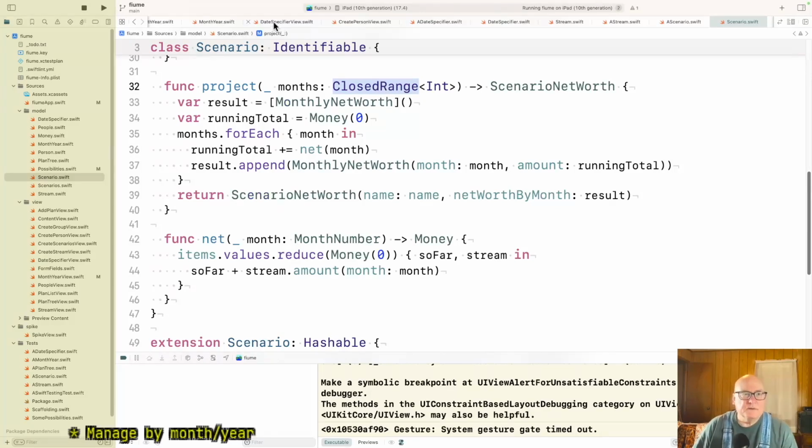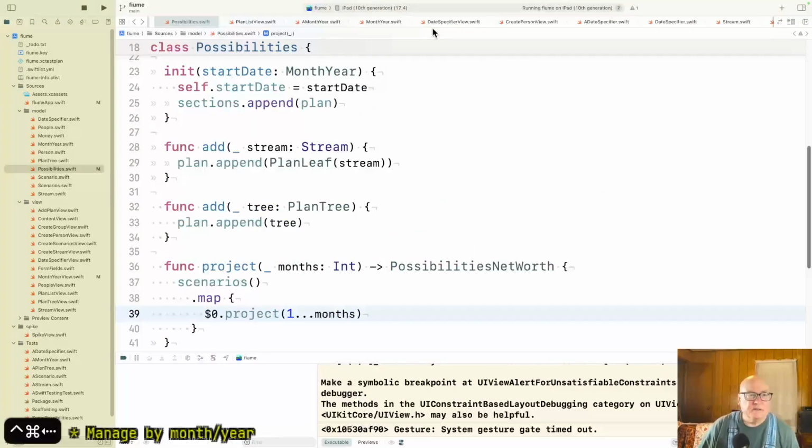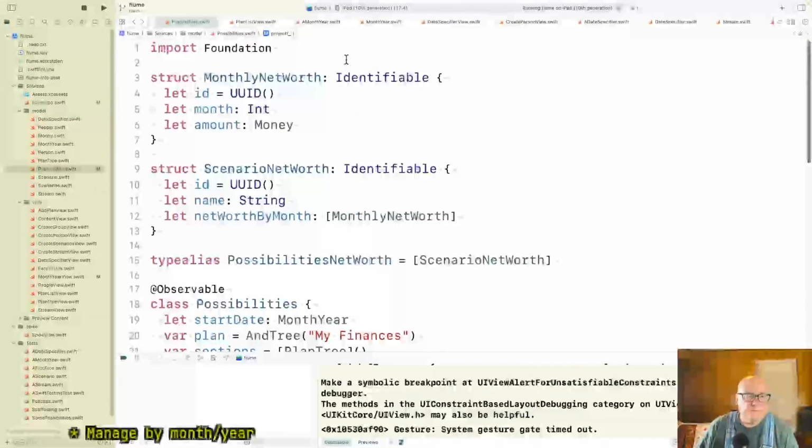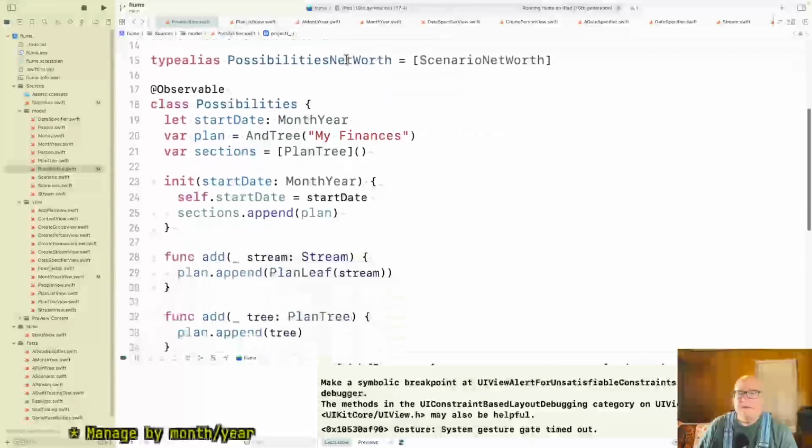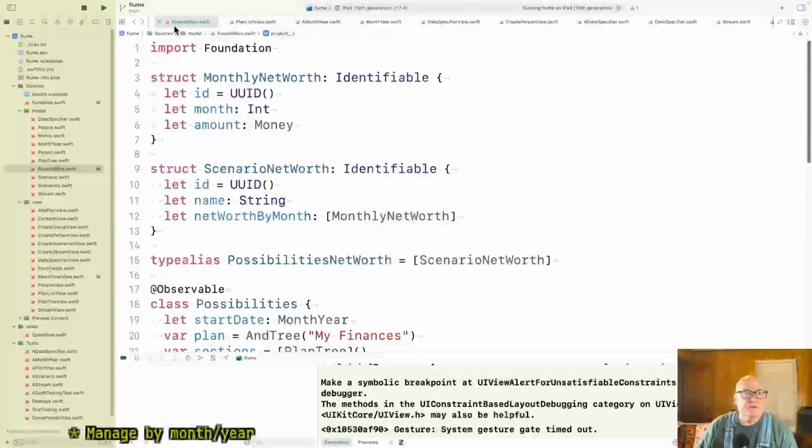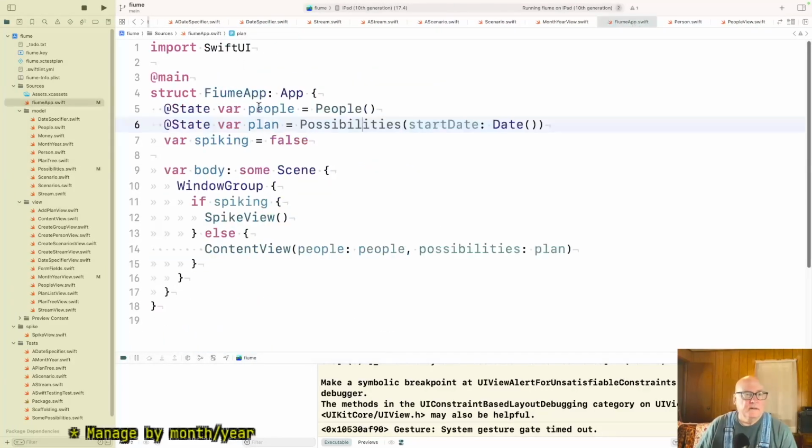Who knows the people? Was that possibilities? No. We just have people as a free hanging thing up here.